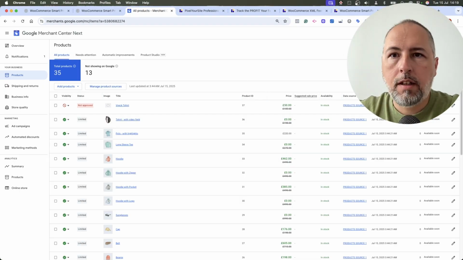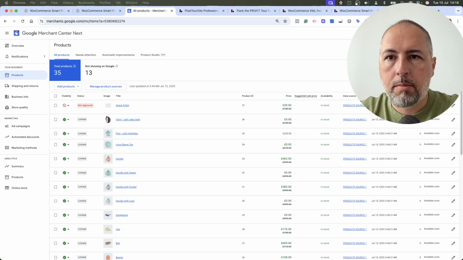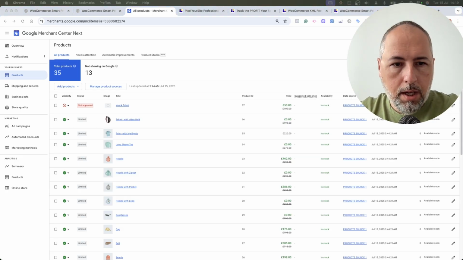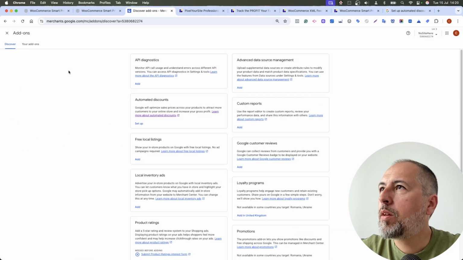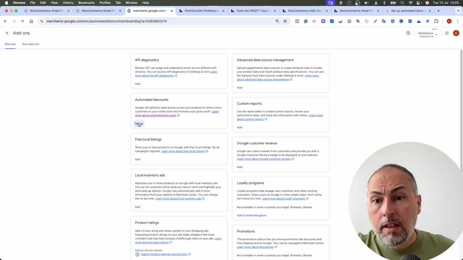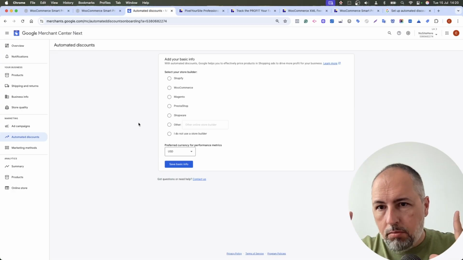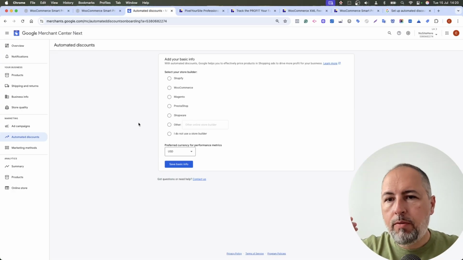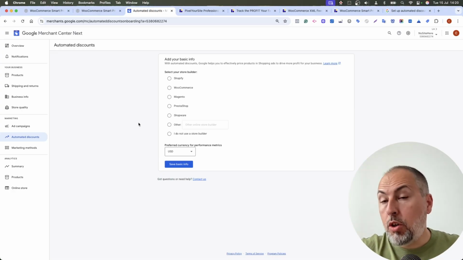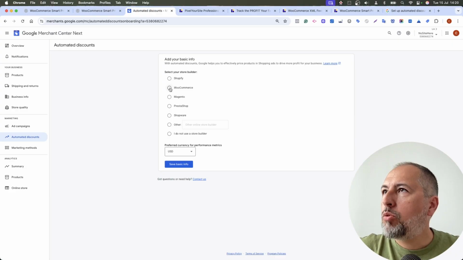From here, settings, oh, you cannot see where I am. Let me move my face for a minute. Look for the automatic discount add-on, this one. And now let's try to configure something. We won't be able to configure everything, again, because we don't have enough traffic for the products. You have to wait. Okay, so it's WooCommerce